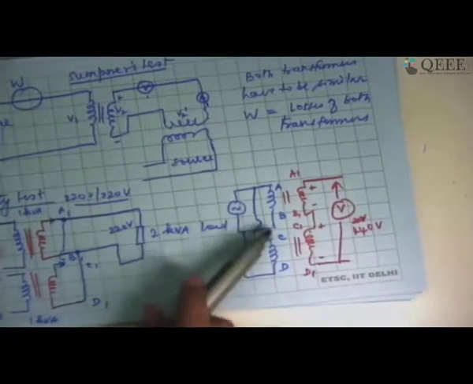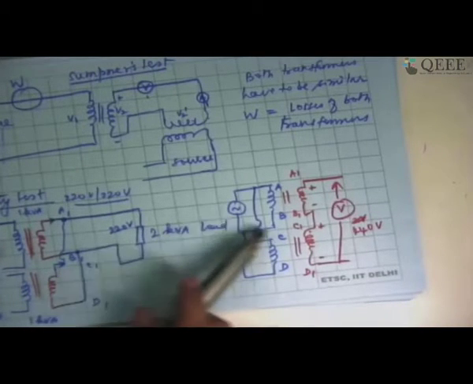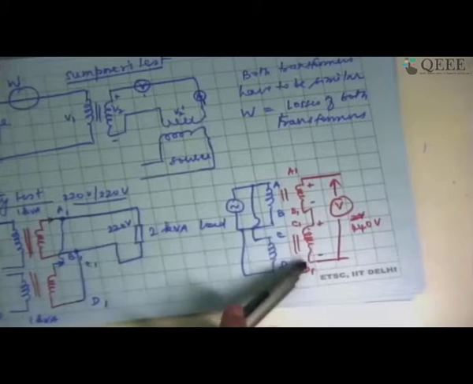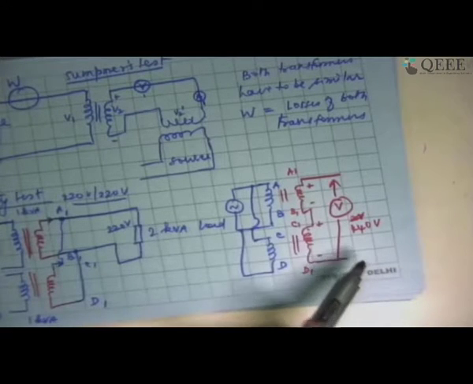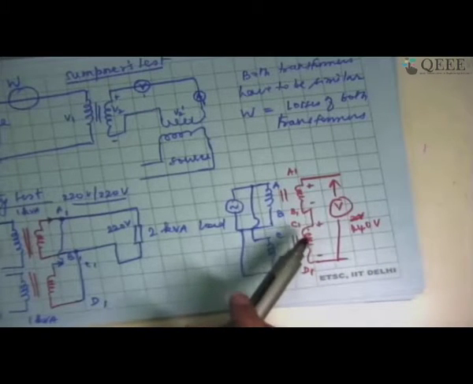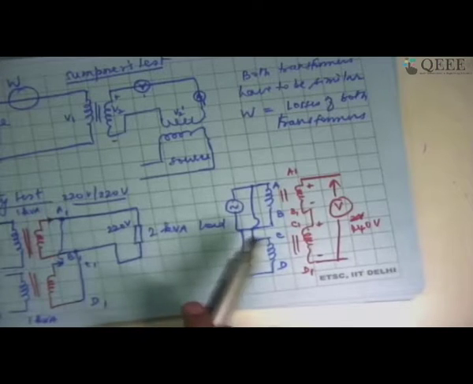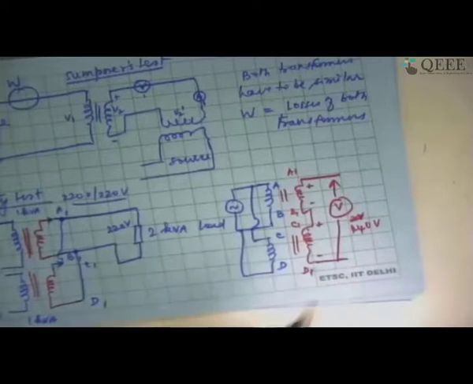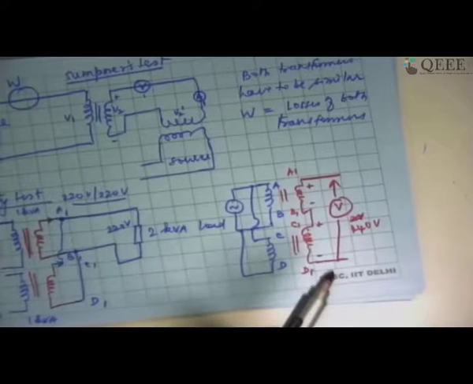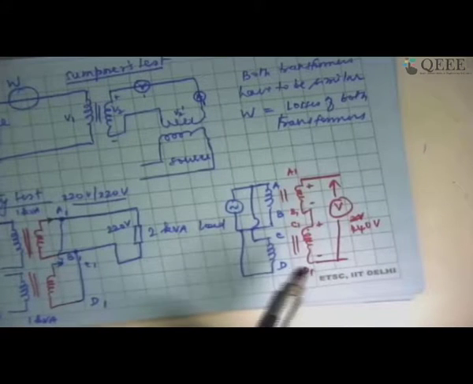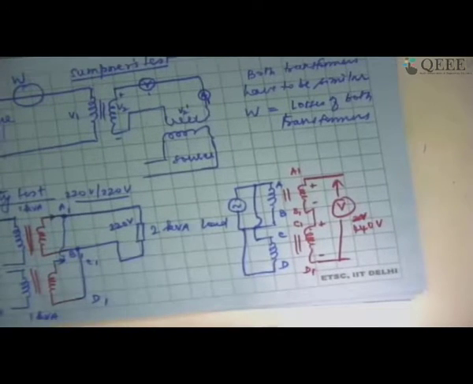When I connect the primaries of the two transformers to a common source, and I connect the secondaries in series and find out the value of voltage I am getting, if it is twice the voltage, that means the polarities are not correct for parallel operation. If I am getting zero voltage, that means the polarities are correct for this particular parallel operation. Is that clear? I hope the polarity test is somewhat clear now.